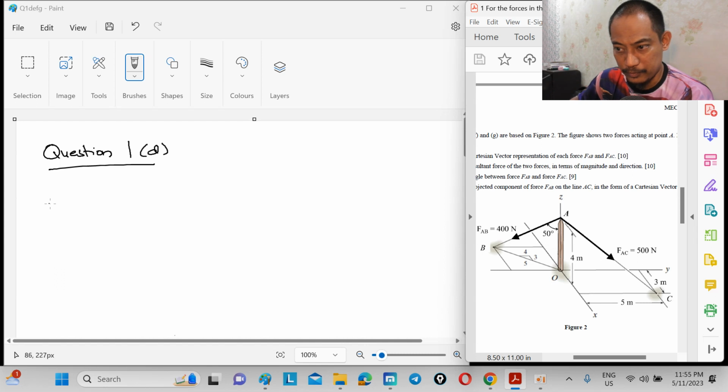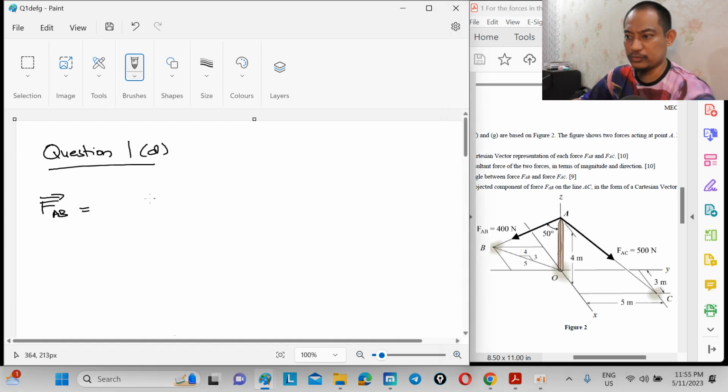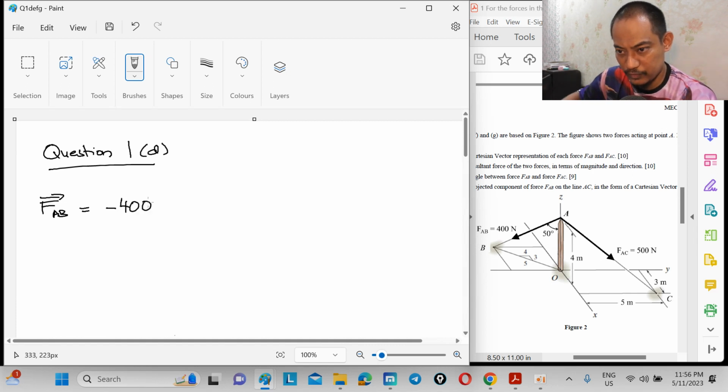For the FAB vector, you can straightaway use it. The x positive is here, y positive here. So in this case, x is negative, y is also negative, z is of course negative because it goes downward. So negative 400 for the x component,